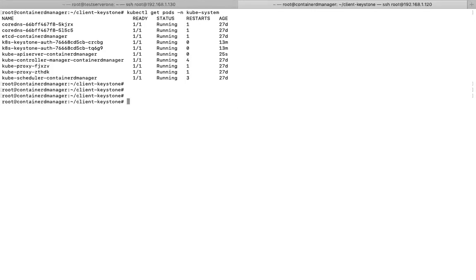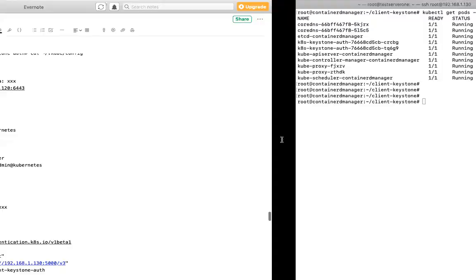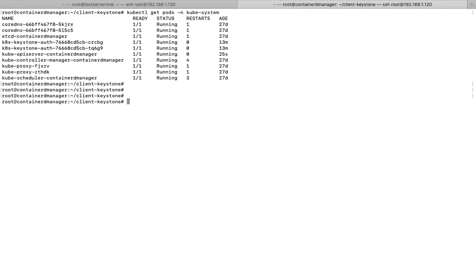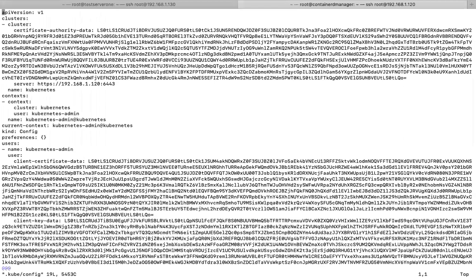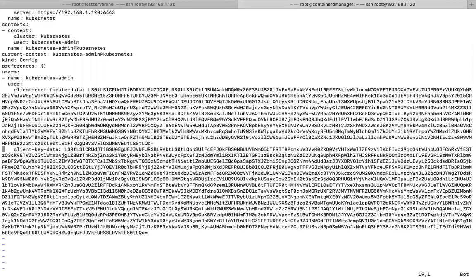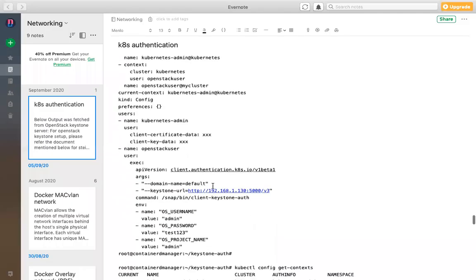Now what do we have to do? Now I need to update my kubeconfig file. Everything is done, so now I need to go back to my kubeconfig file. Here I need to update it to authenticate to my OpenStack Keystone. Manually you can update, or you can update through commands as well. So let me go here. Here I need to update my user details. As it is, you can copy paste. Just copy paste this. I will tell you what needs to be changed.